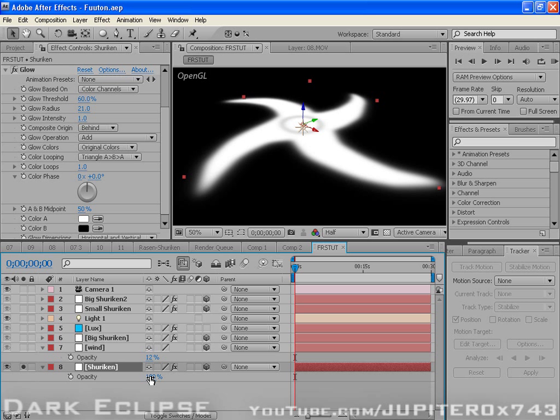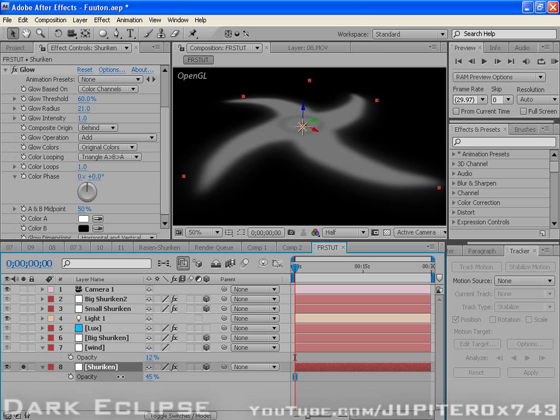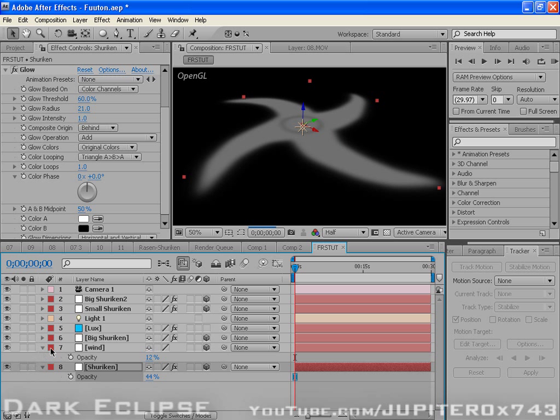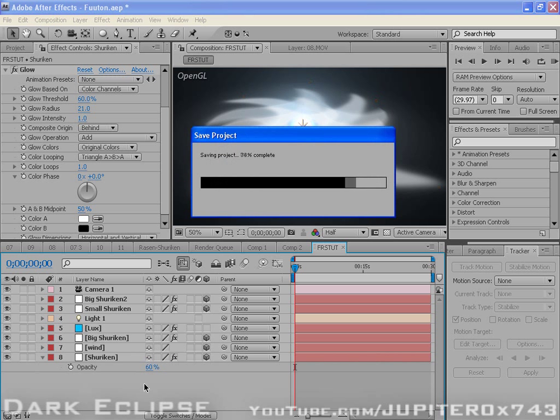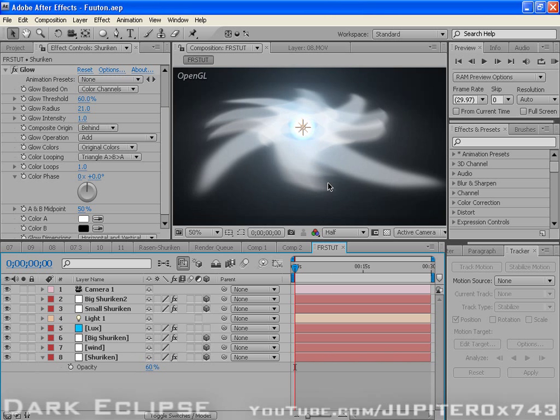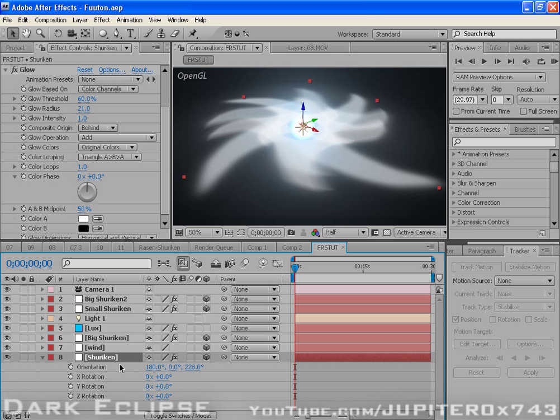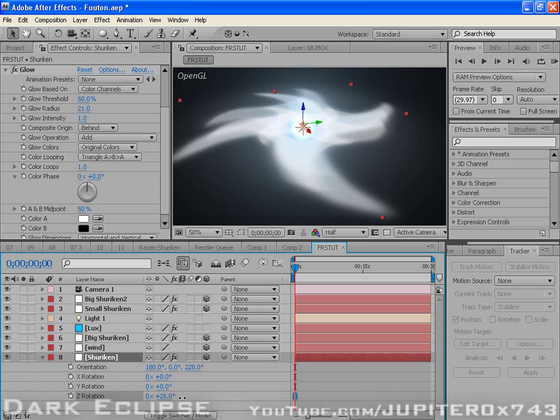And now for the opacity, make it very low. Okay, good. And for the rotation, the Z rotation,